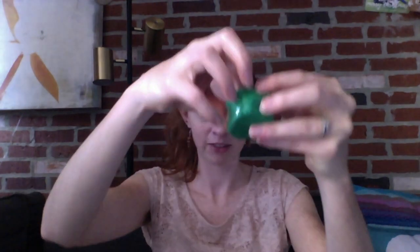So the next one I'm opening is wrapped up in this green tissue paper. Again, okay, this is not what I thought it was going to be. So we're going to open up a different one. Maybe it's this one. So unwrapping this one, it comes in more green tissue paper, a little powder. So listed on here is mint attraction powder, and I believe it was made by her. It contains mint, sugar, rosemary, and a touch of Abre Camino,